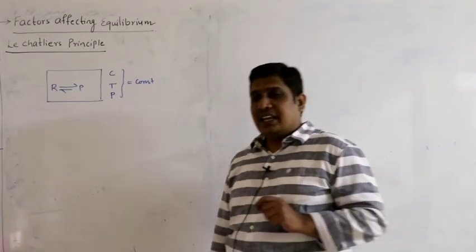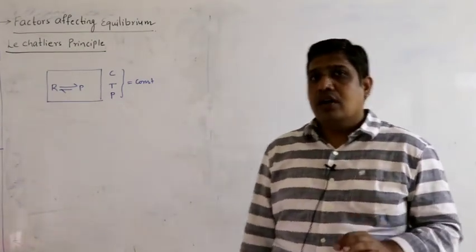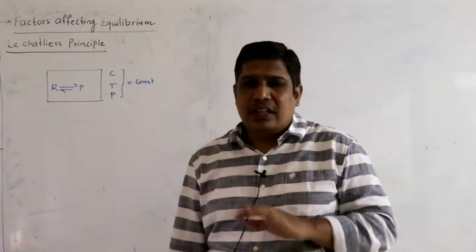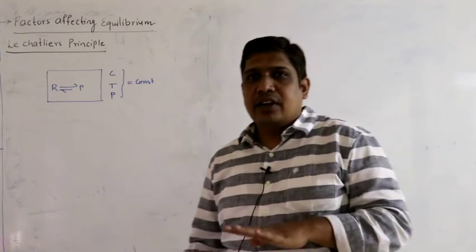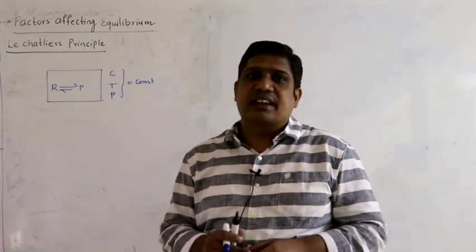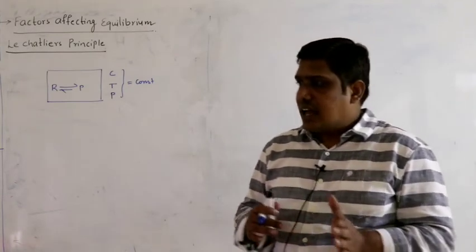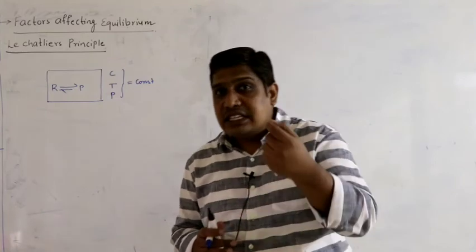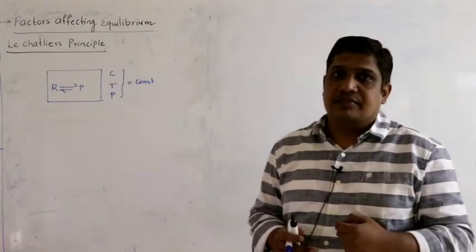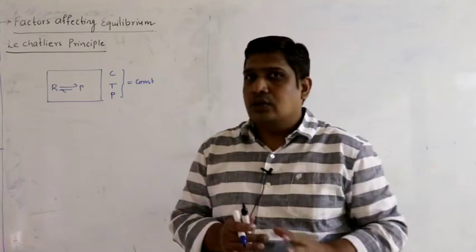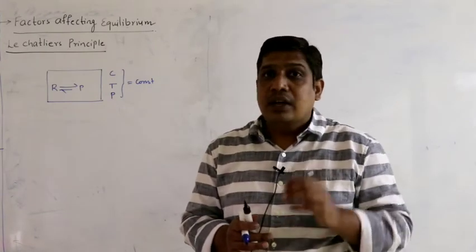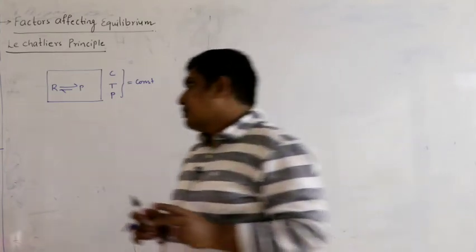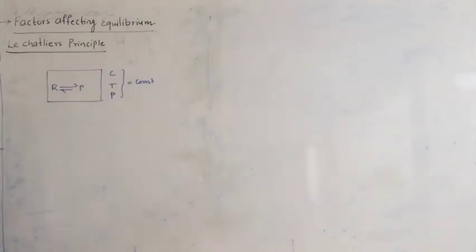If a system at equilibrium is subjected to a change or disturbance by some external cause, the system will not remain at equilibrium. It will try to come back to equilibrium by shifting the direction, either forward or backward, in a proper direction which nullifies the effect we are causing. It shifts until the effect we are causing is nullified. That is explained by Le Chatelier's principle.